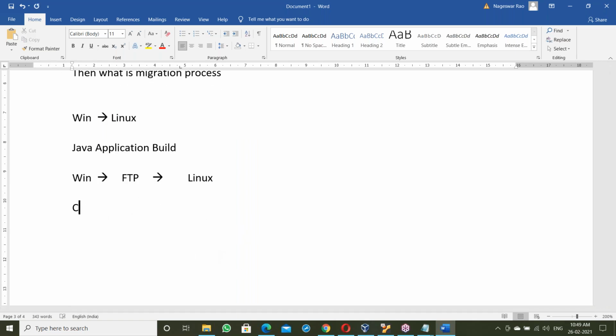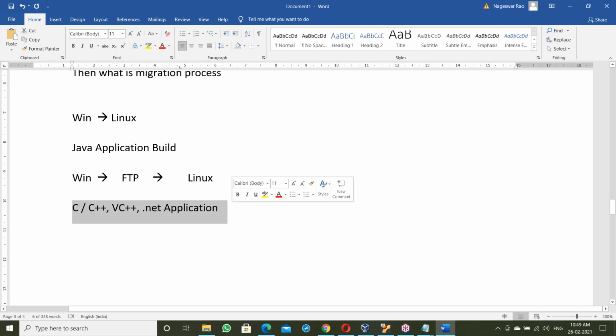Suppose the same thing, but it is a C application: migration for C or C++, C language, C++, VC++, or .NET applications. Before Java we had these kinds of application builds.